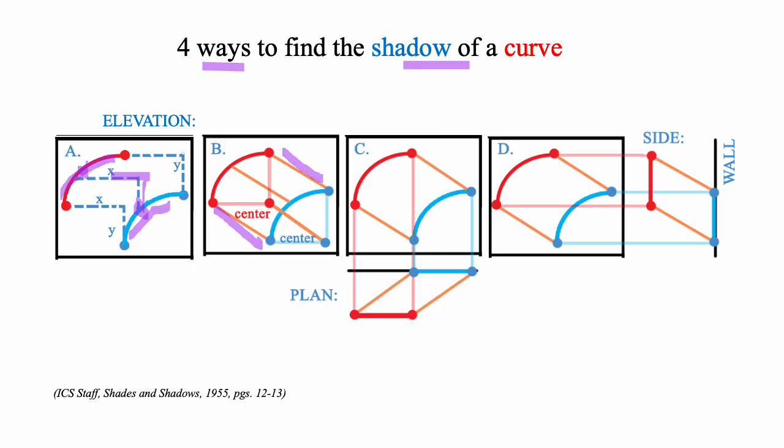But another way of doing this, since this is a quarter of a circle, is to find the center of the circle and draw a light ray down to the center of the circle for the blue shadow. And once you have the center and the radius, then you can draw these quarter circles. If you want to use the plan view,